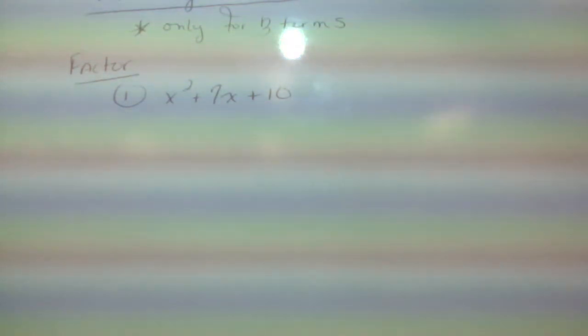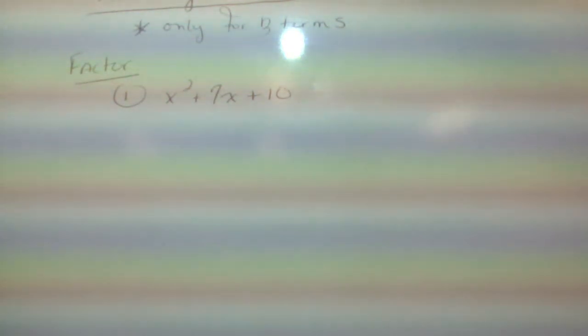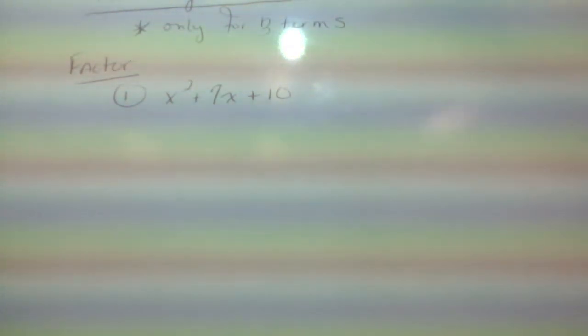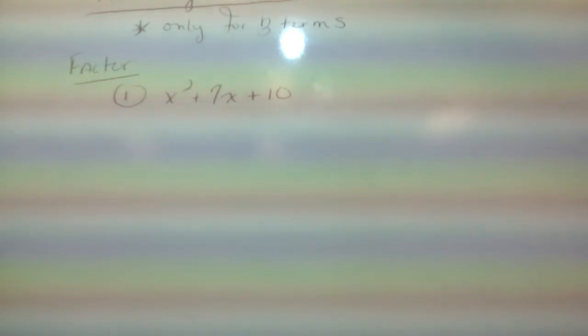The directions will say factor. I've got x squared plus 7x plus 10. So in all of these problems, the first thing you should be looking for is a GCF. There is no GCF. So what we're going to do is list the factor pairs of the first and last term. So that's this term here and this term here. So if I factor x squared, it's x and x. If I list the factors of 10, I'm going to have 1 and 10